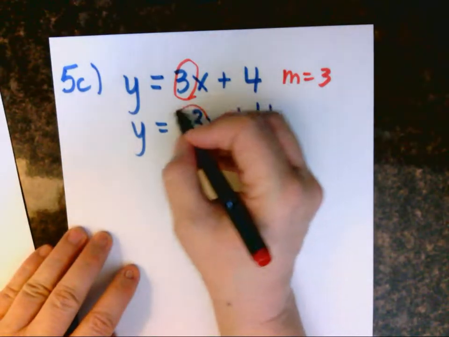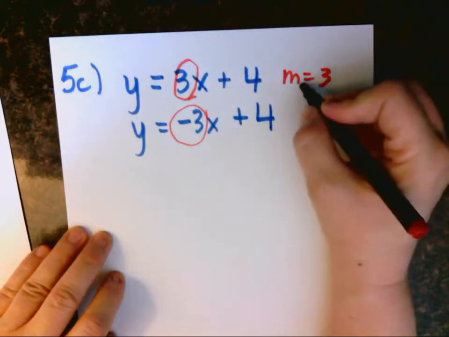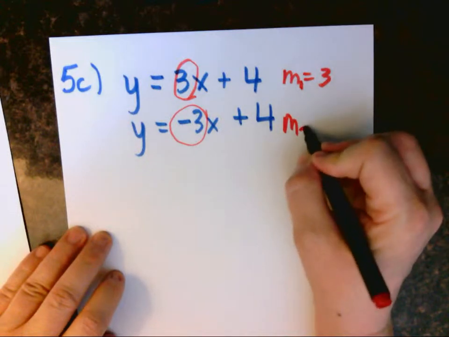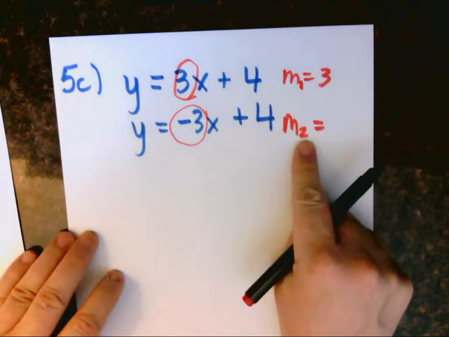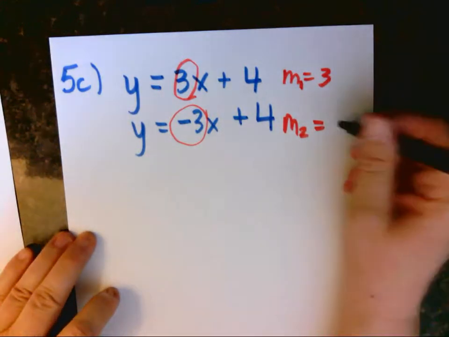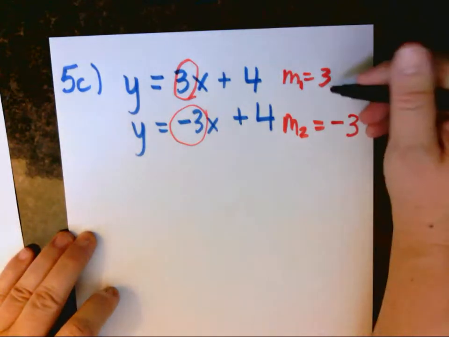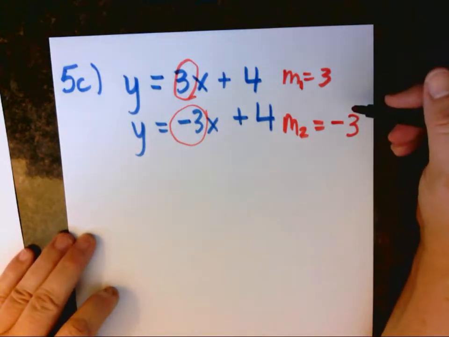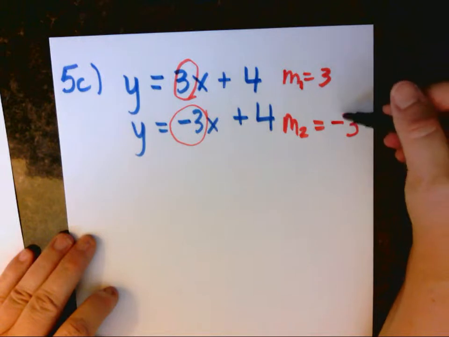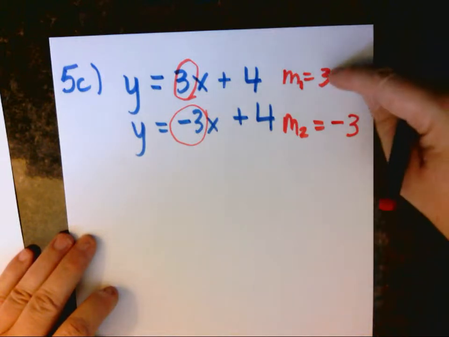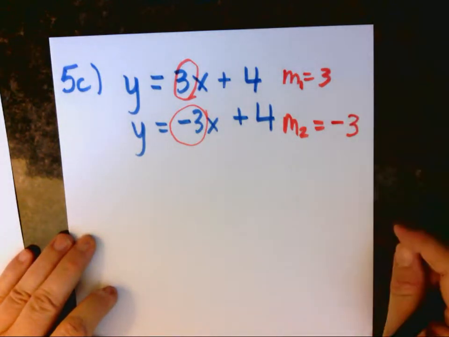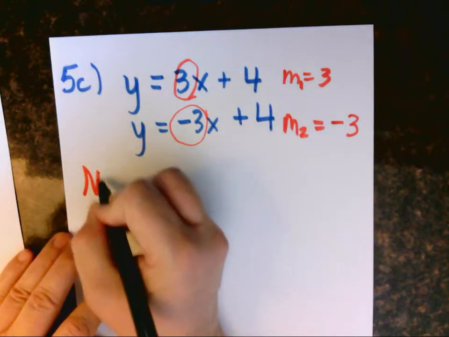And the second line, it's in the mx plus b form, we'll call that m1, right? m2, the second line slope, 2 just designates the second line, has a slope of -3. These are opposite, which might make me think they were perpendicular, but they are not reciprocals. Okay, they're the same number, but they're not the same sign. So these are neither